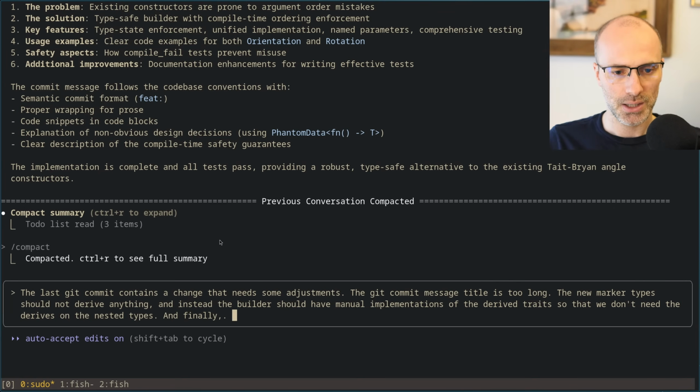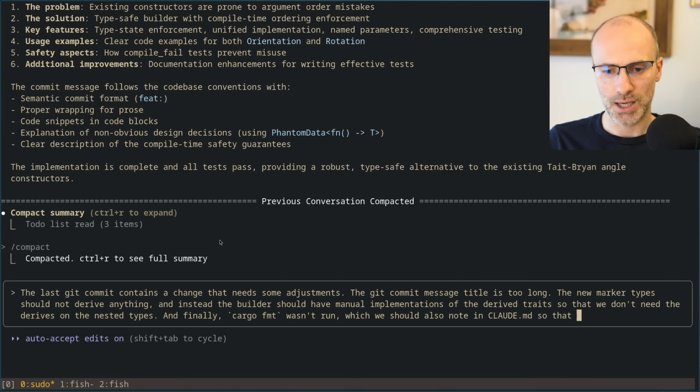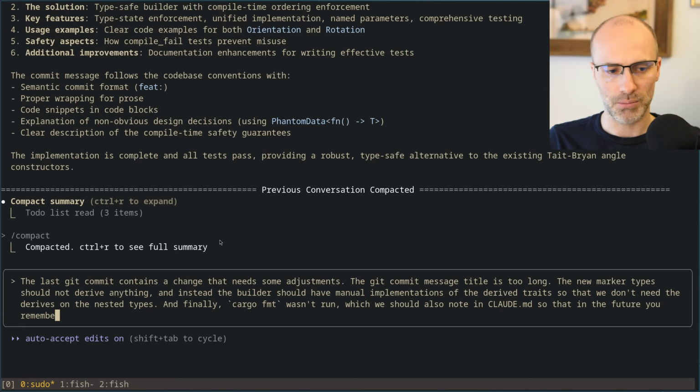And finally, cargo format wasn't run, which we should also note in Claude.md so that in the future you remember to do it automatically. Go.